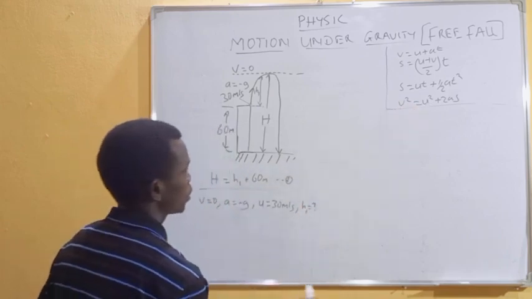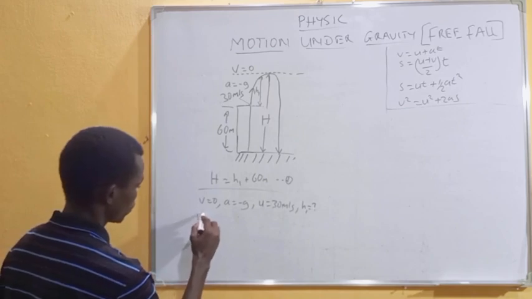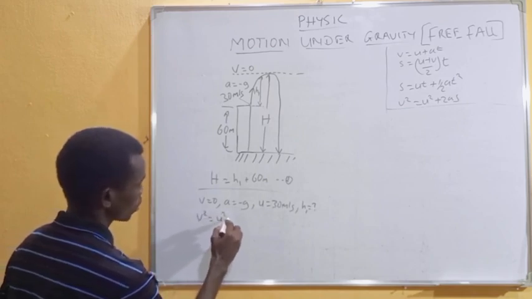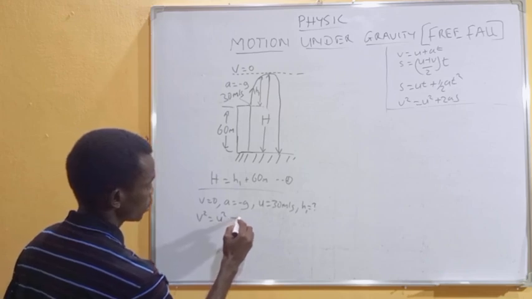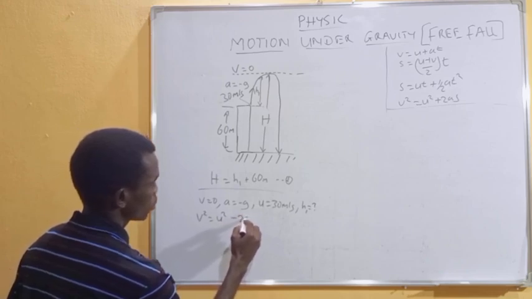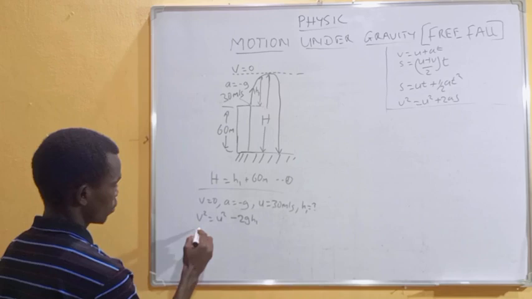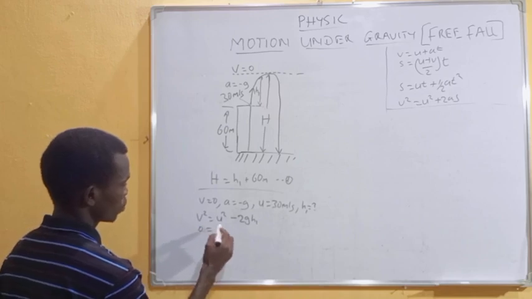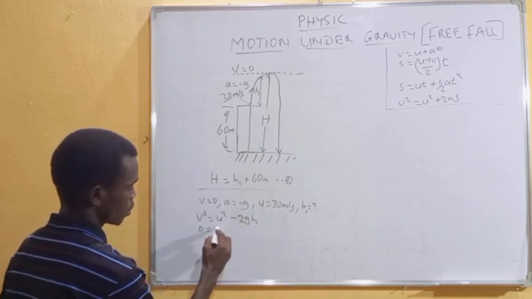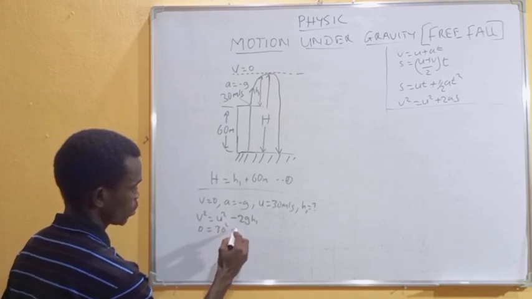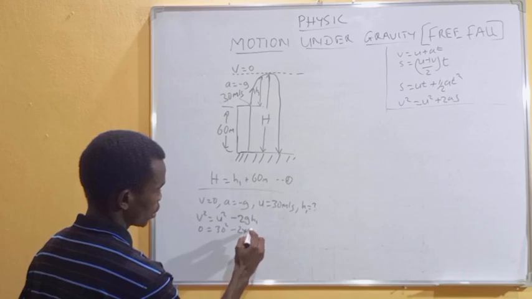From equation 4, we have v squared is equal to u squared minus 2gH1. Our v is equal to 0, which is equal to our initial 30 squared minus 2 times 10